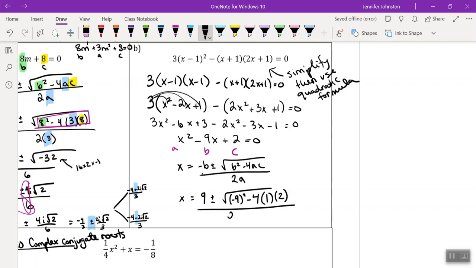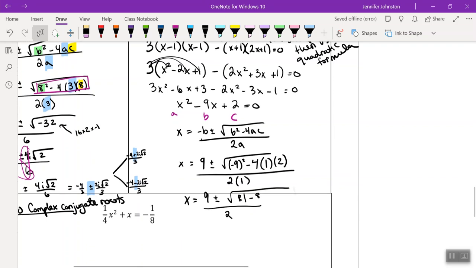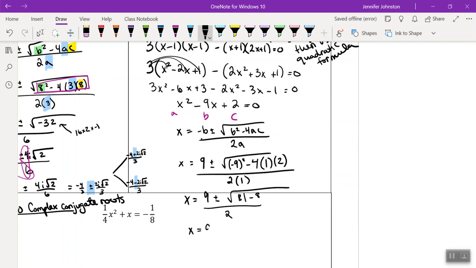Divided by 2 times 1. All right, so we've got x is equal to 9 plus or minus. Well, this gives us a positive 81. Negative 9 times negative 9 is 81 minus, what's that, 8 divided by 2. All right, so we get 9 plus or minus the square root of 81 minus 8. That gives us 73